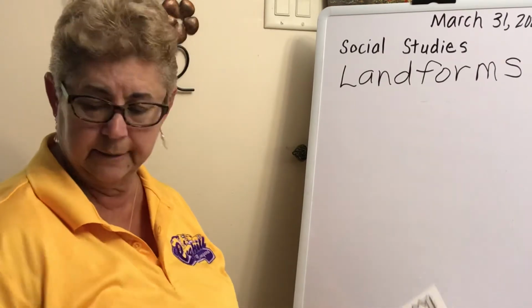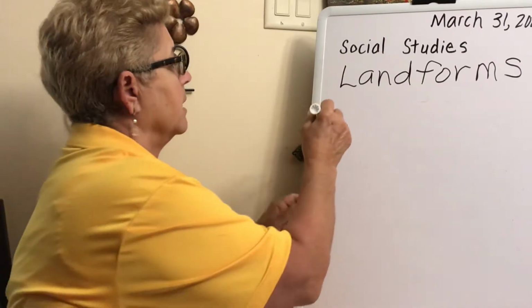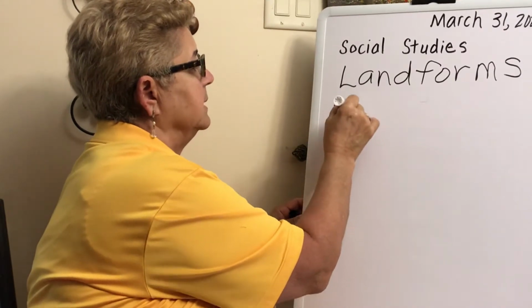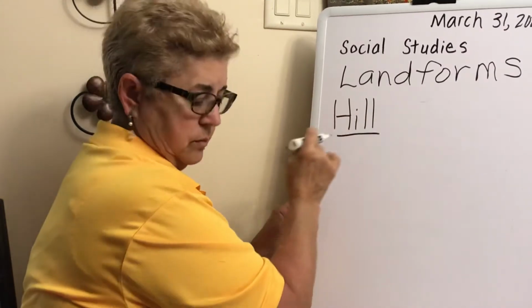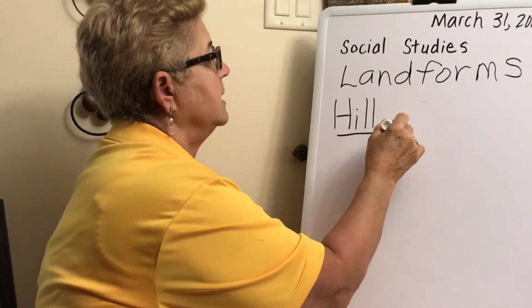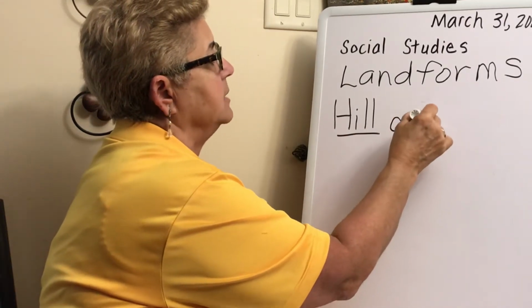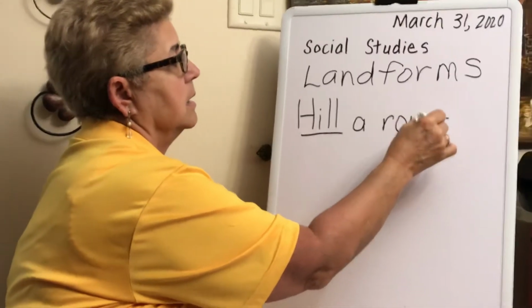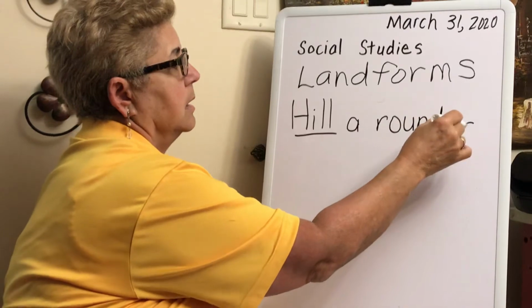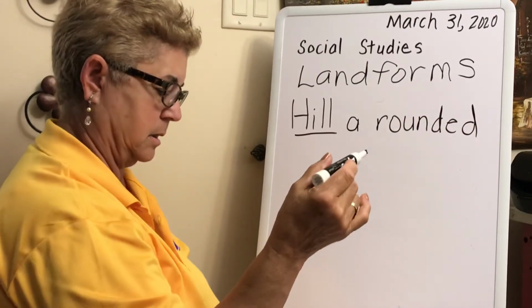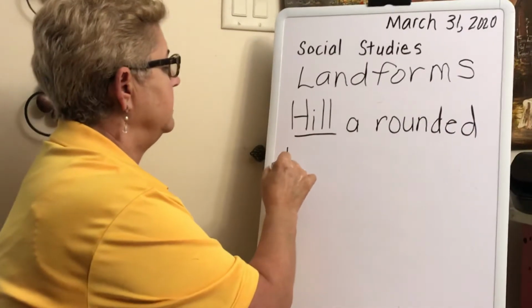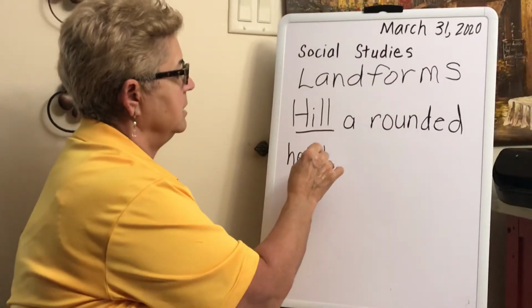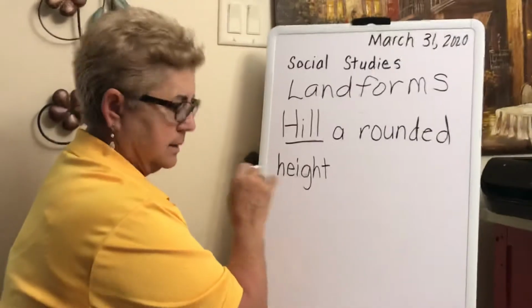And we're going to write hill, and we're going to capitalize it, and we're going to underline. Hill is a rounded height of land